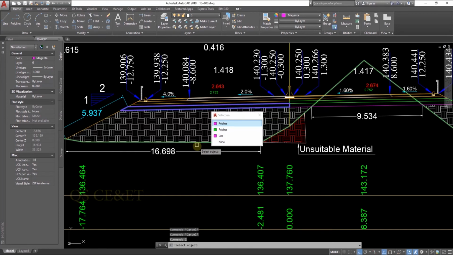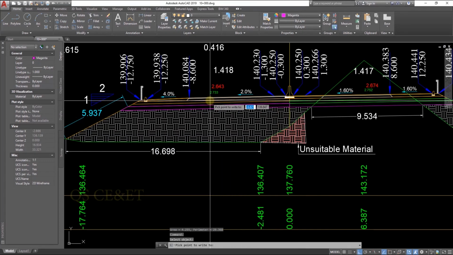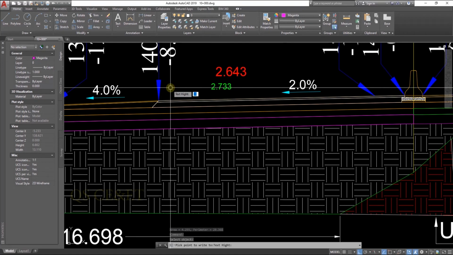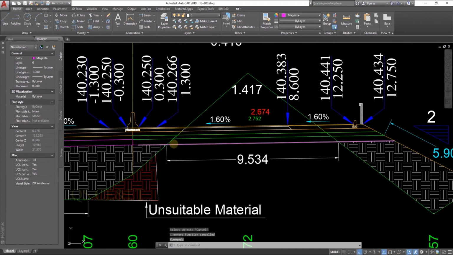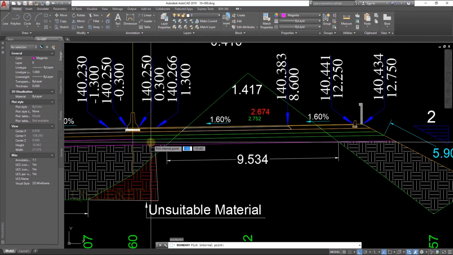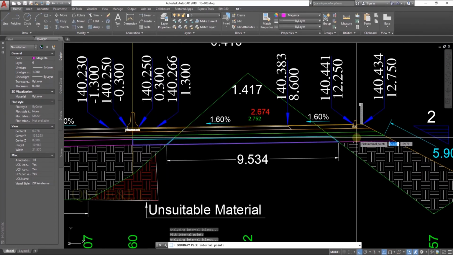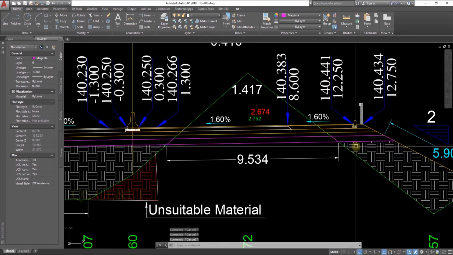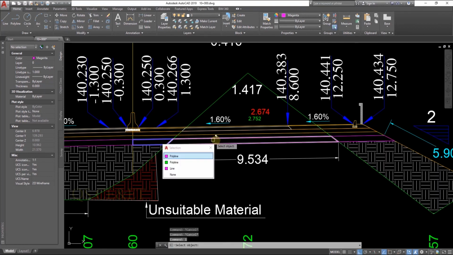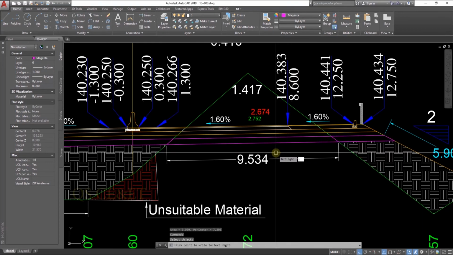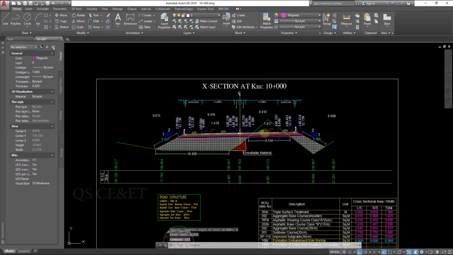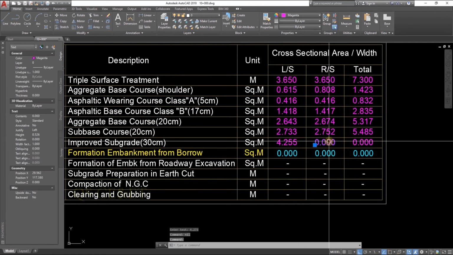So now I will also calculate through calc area command to verify this area in different ways. You see 4.255. So making the boundary for the right hand side, select object to calculate the area, 4.273 for right hand side.